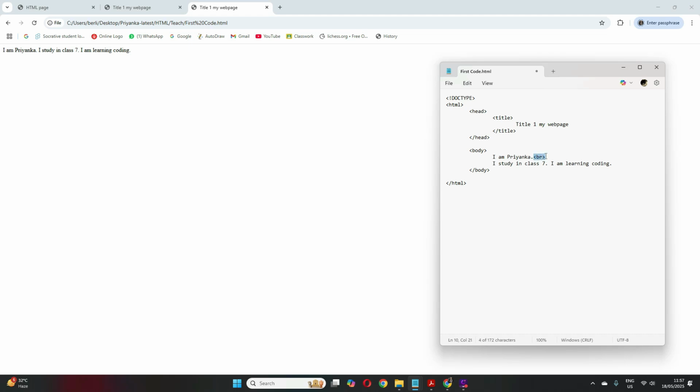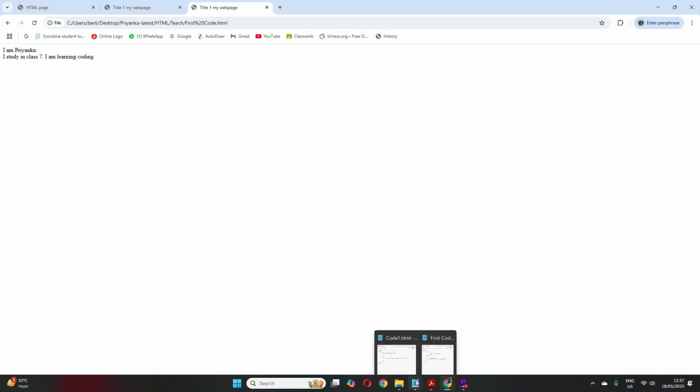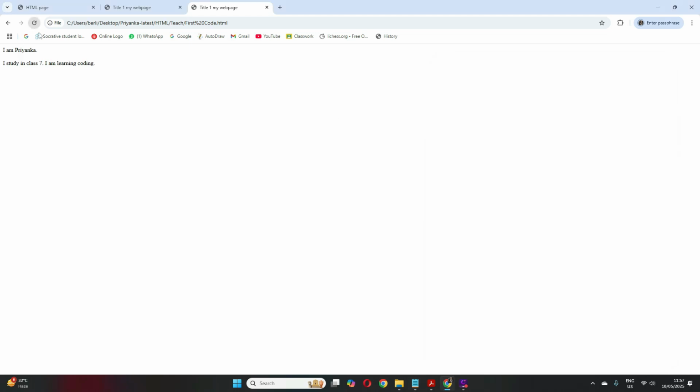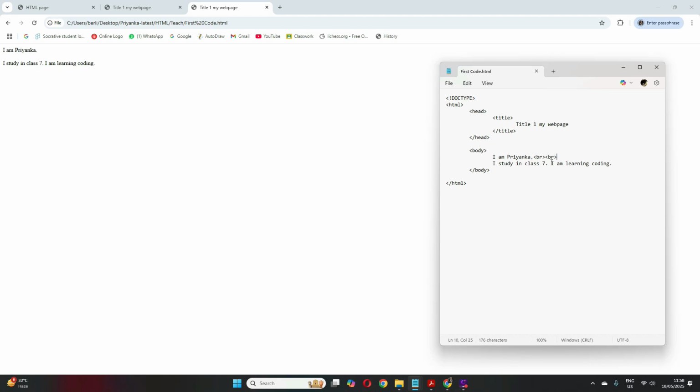This is an empty element, students. We don't have an end tag for this. So when you write BR, the computer or this HTML code understands that it has to put a blank line here and start the next line from another line. Okay, now suppose I rerun this. Did you see it? Now suppose if I write 2 breaks here, BR again, then you will see one more line will come up here. Save, I rerun this, see one more line turned up. Clear? So this BR means it will write in another line.